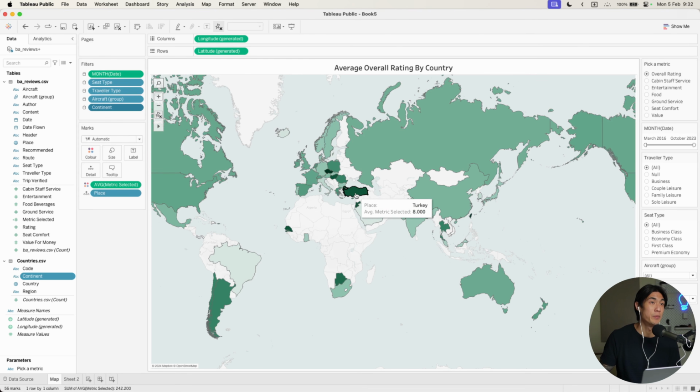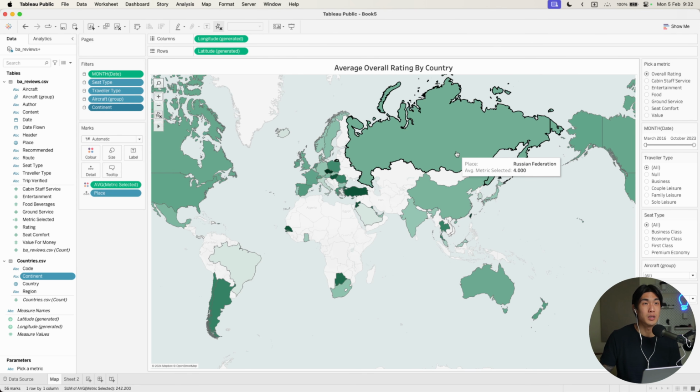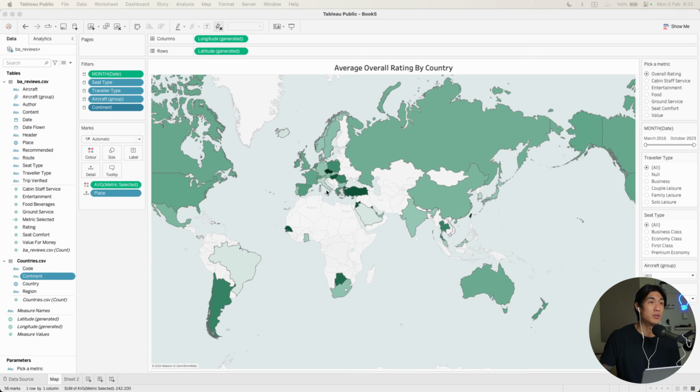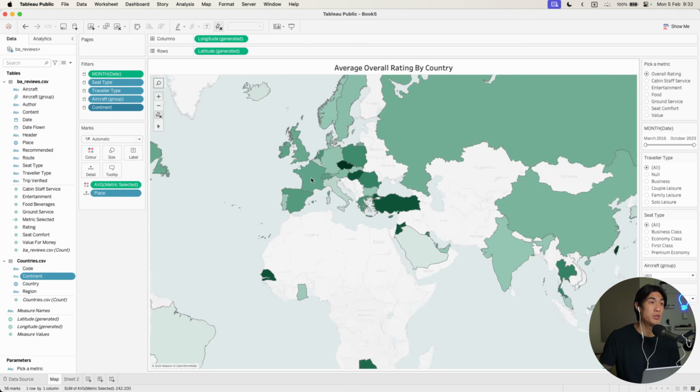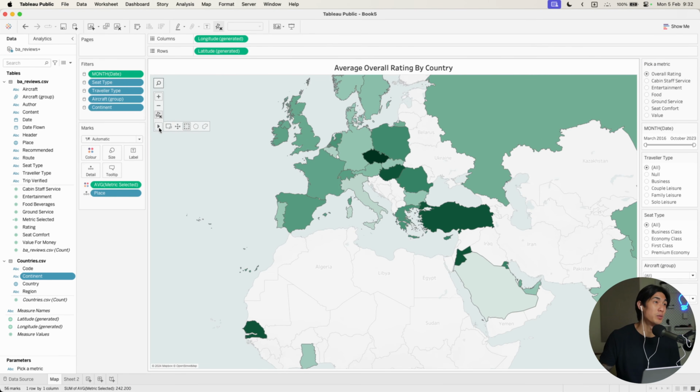I have my map. And if I just scroll through the map and if I hover over things, I can see that the tooltip I'm not super happy with. So into the tooltip, and let me just put it here. Place can stay, but I don't actually want the place. So the second thing I'm going to change is average, and I'm just going to insert the actual metric. And now untick this, untick include command buttons, hit OK,